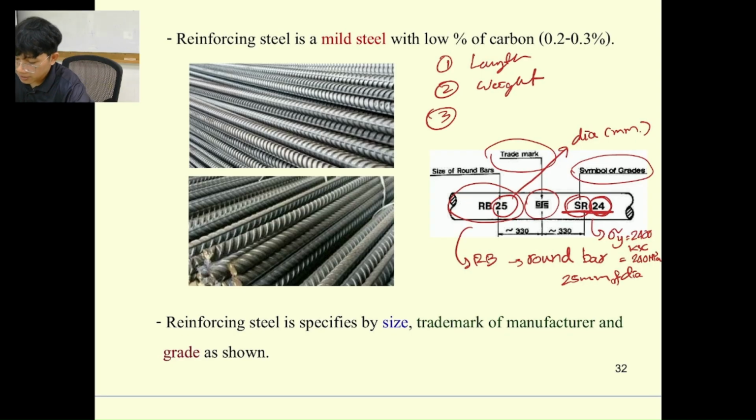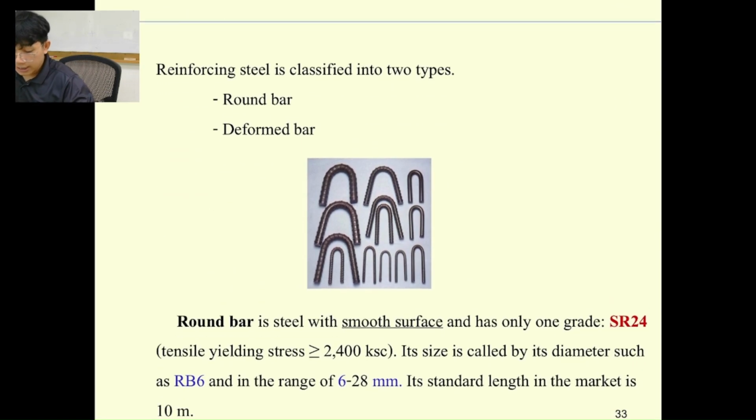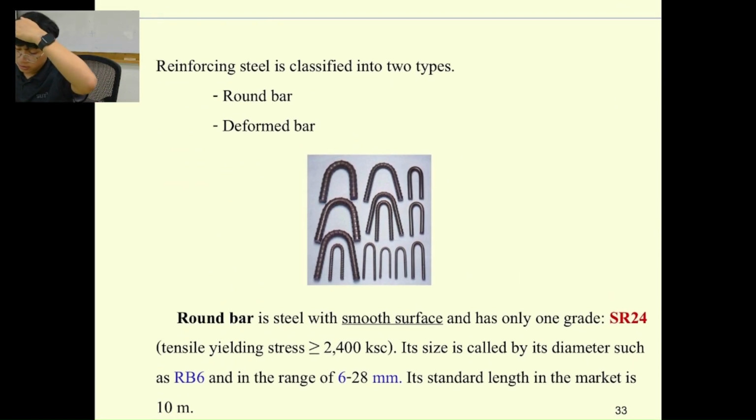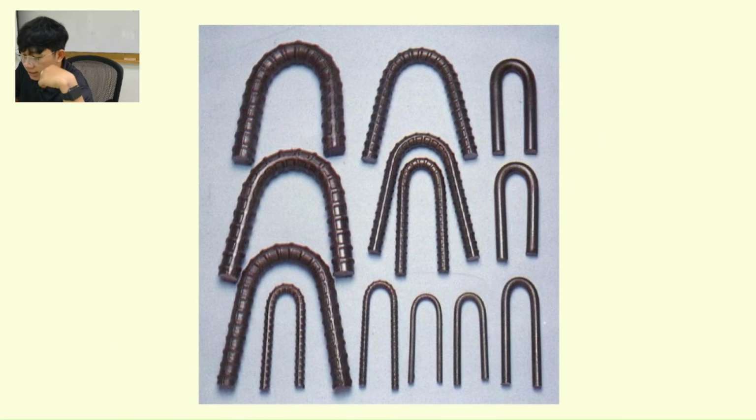So we have 5 main points, right? Before we test it, we observe the material first. Then number 4, weigh it. Number 5, measure the length. Okay, before testing. All right. And then we have one more thing that we would like to consider, which is the bending test of the steel. If you look at these figures, you can see that we need to test the bending of the